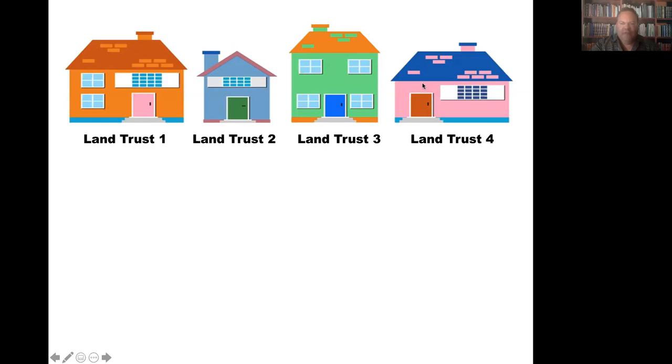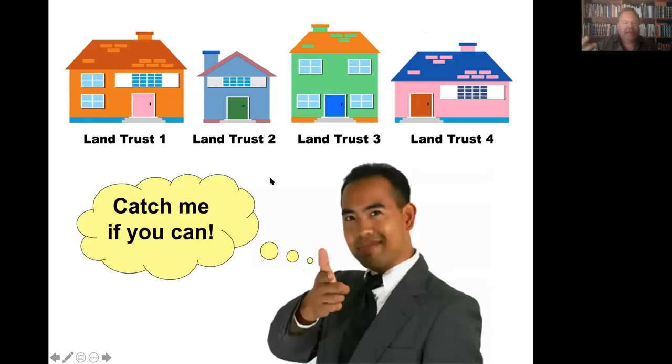Now, this isn't necessarily for estate planning. We'll get to it a little later how you do estate planning. Land trust is not intended for that. It's intended for privacy and protection. So in this case, if they look up the ownership and try to find what you own, it's kind of like Catch Me If You Can, which is very, very effective.